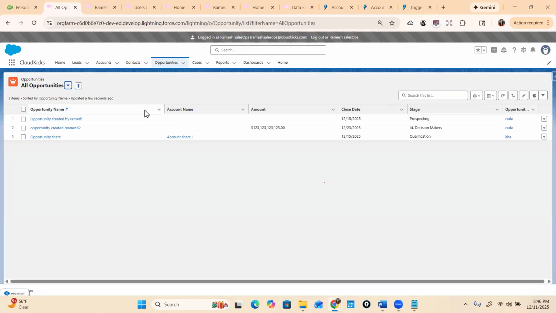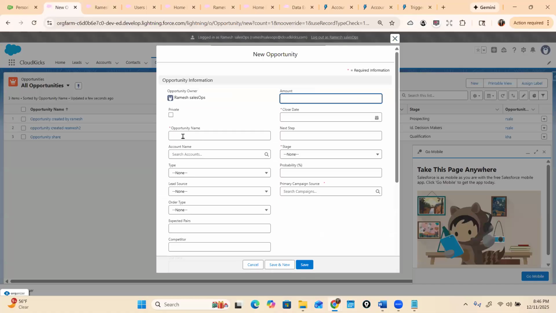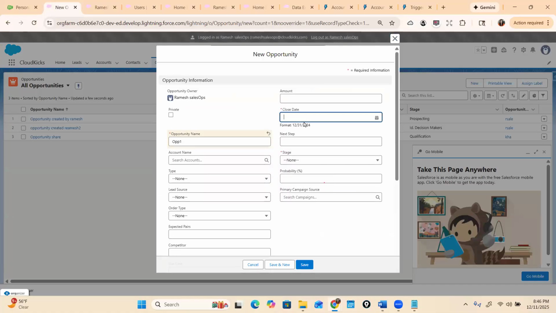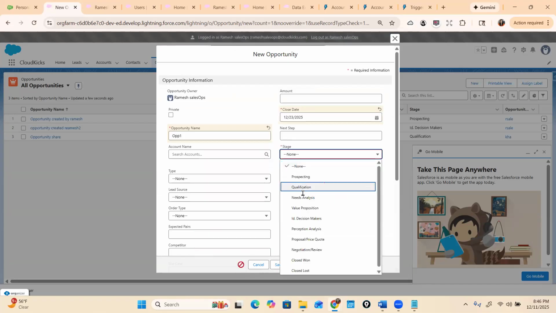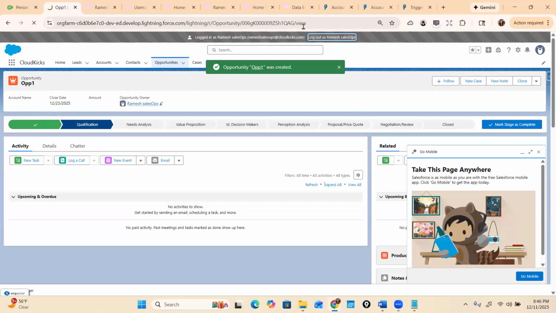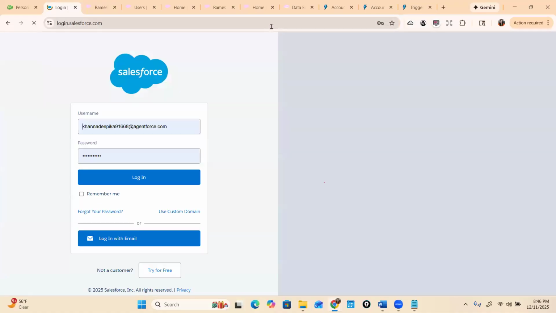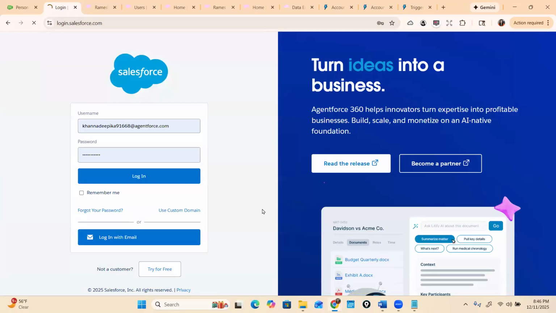And over here, we will go to the opportunities, and Ramesh is creating an opportunity. Okay, so we will go ahead and create an opportunity 1 and close date 23, hit save. Stage is qualification and hit save. Okay, now if you log out as Ramesh and log in as John, he won't be able to see this